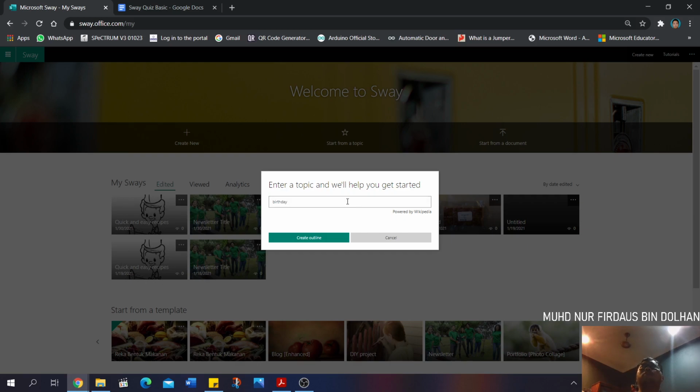Therefore, if you search for a certain topic, it will comply with the search criteria by Wikipedia. Therefore, it has a lot of options. When you write up a topic, any topic that comes out of your mind, you just write it down in the search bar and create outline,